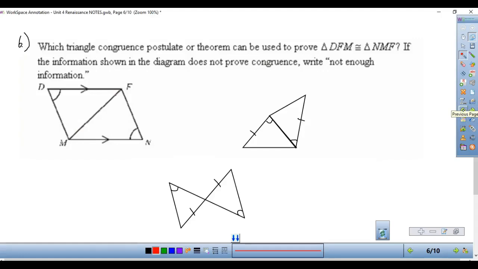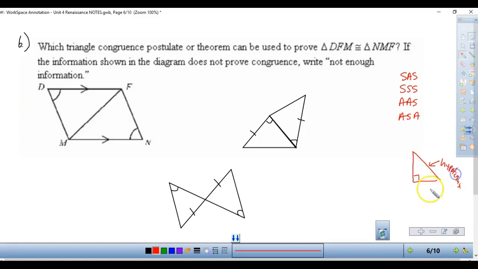Now, these are more likely to be the ones you do first in Renaissance. So these are all about the rules you first learned for matching triangles. You've got the side angle side theorem, you got the side side side theorem, angle angle side, and angle side angle. And then for right triangles, if we have right triangles, which none of them on this page are, then the long one is the hypotenuse, the diagonal. You probably know that. That's the hypotenuse. And these guys are legs. So there's also a theorem that's called HL, but it will only work for right triangles,